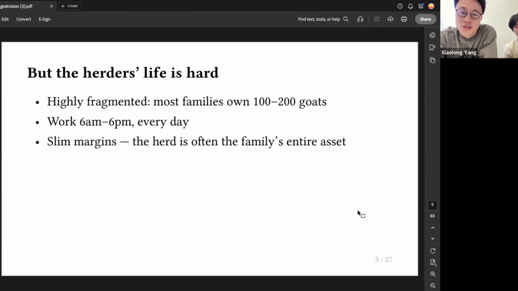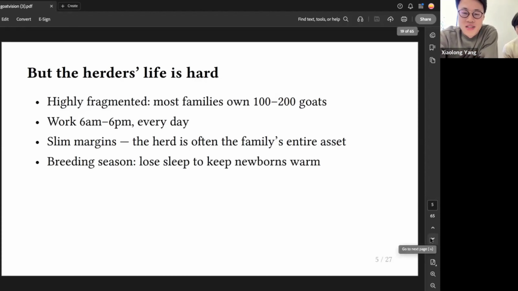They are unwilling to sell these goats to the market because once you sell 10 of your 200 goats, you'll be losing 5% of your net asset overnight. And that's really destabilizing for the entire family. And usually these seniors are still providing for their kids to go to college, or even after people get married, they will still support their younger families with these goats. So it's really high stakes to these people, and they don't make a lot of money.